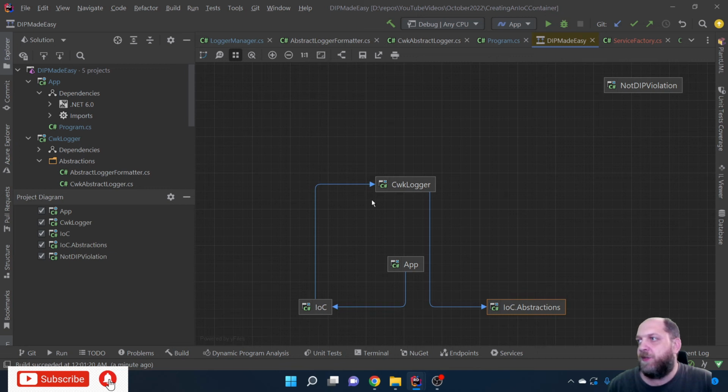The IoC container depends on the CW keylogger because it needs the classes to actually instantiate objects to provide to the app. And the CW keylogger depends only on the IoC abstractions. So right now, by introducing this kind of dependency or inversion of control container, what we have achieved